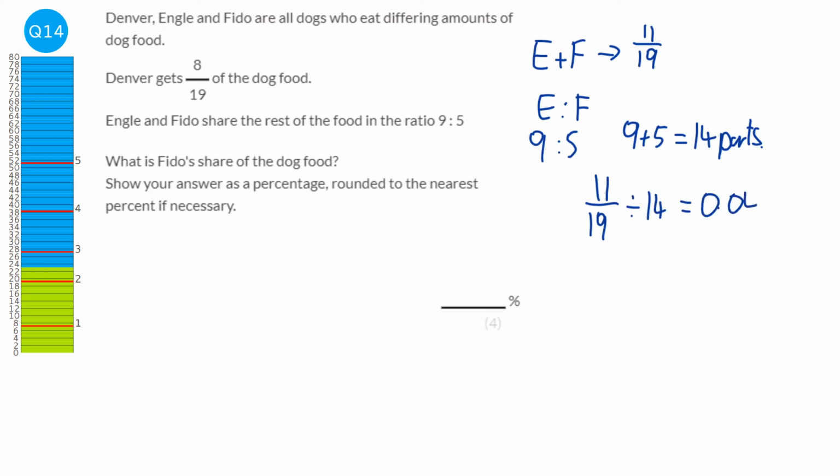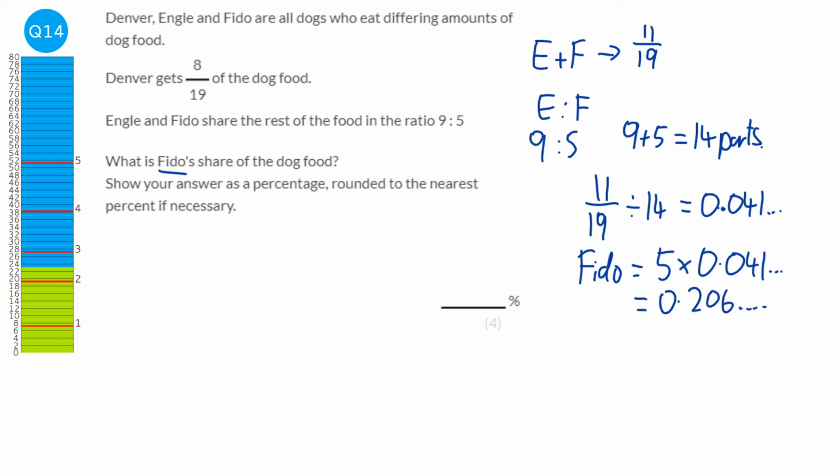So each part is worth, and I'm just going to keep this in my calculator, 0.041 and so on. And we're asked to find Fido's share. Well, Fido has 5 parts, each of them worth 0.041 and so on. I've kept it in my calculator to keep the accuracy. And when I do that, I get